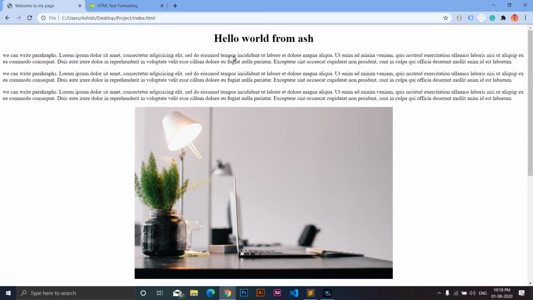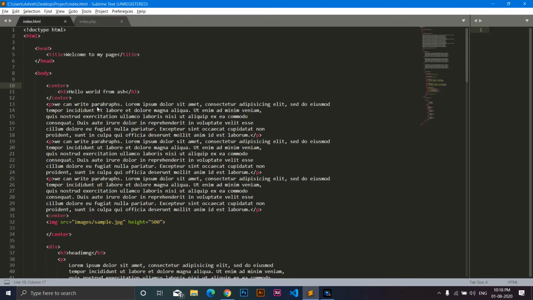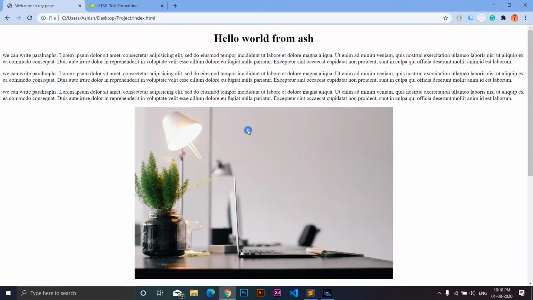So here's the page we have built so far. Let me just add some bold tag in our paragraph. So here is the paragraph and we can add our bold text from here to maybe here. Okay, now save. Now you can see the text becomes bold.